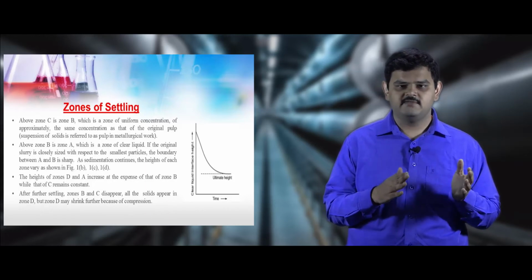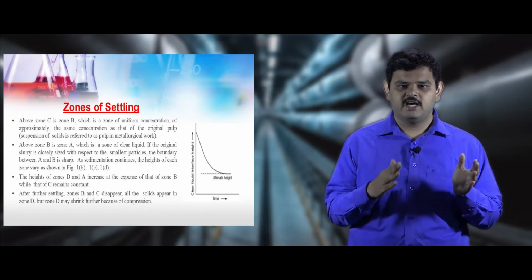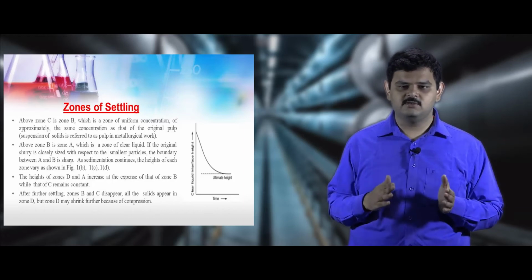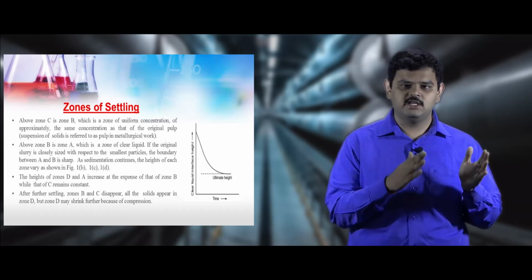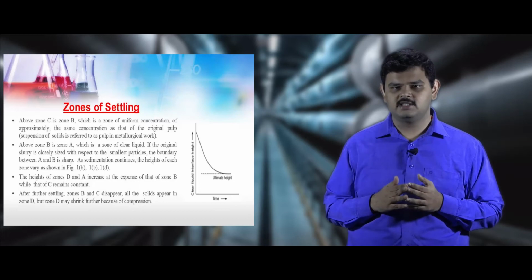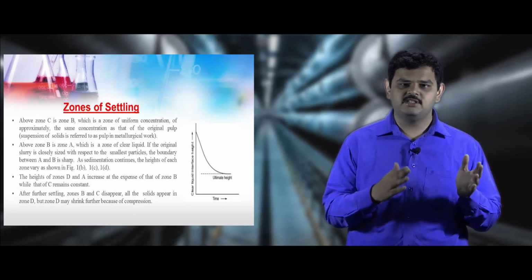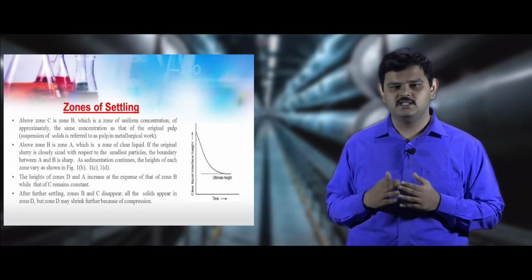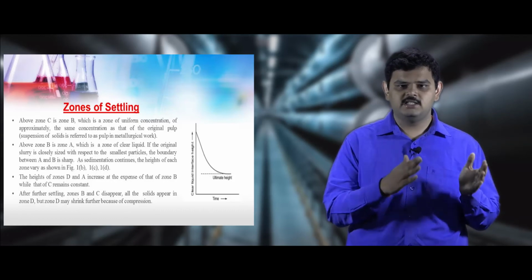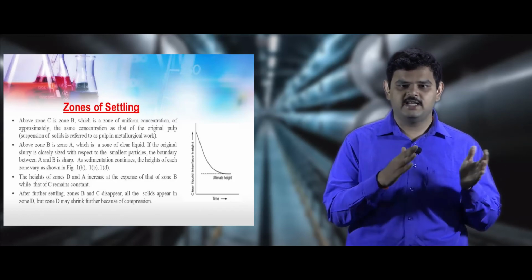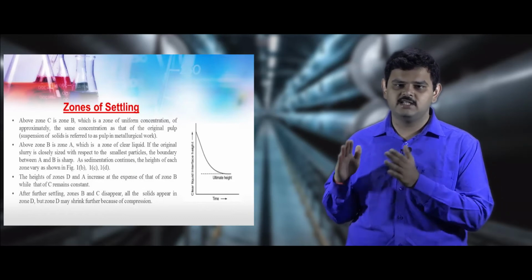The ultimate height of the compressed zone reduces at the ultimate stage when we have A zone, B zone, C zone and then D zone. So all four zones will be present. At last only A zone and D zone will be present. The A zone and D zone heights are increased at the expense of the eradication of B zone and C zone. At last we have A zone and D zone, and initially D zone will have higher height. After compression, we will have the D zone at the reduced height.